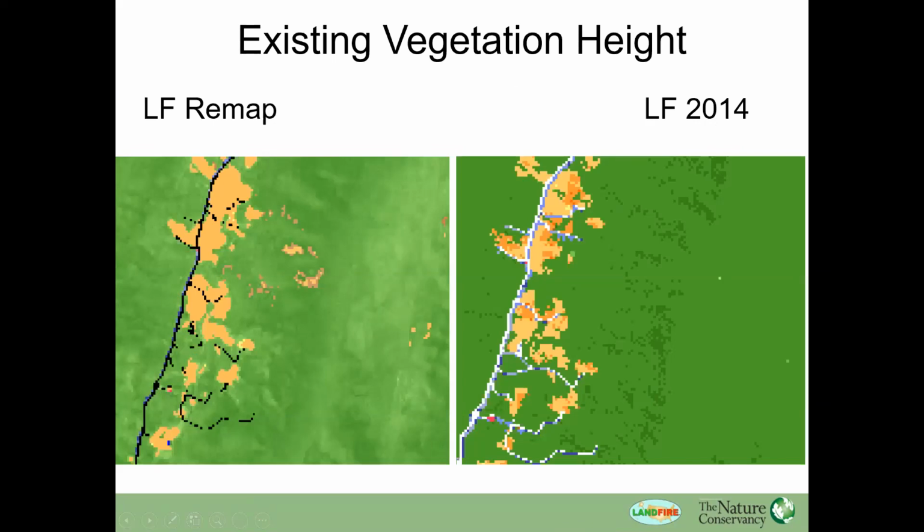Here's what vegetation height looks like. Previously, pretty blocky, pretty sparse information, few artifacts, but the new process has allowed us to clean it up a little bit and to also provide more height variation in here, which is, we know how these forests are. There is height variation in there. All these trees on the right, they are not the same height. So we hope that this provides additional information. It allows you to cut and slice the height and crown cover data, canopy cover data, however you wish, instead of being restricted to LANDFIRE categories that we provide.